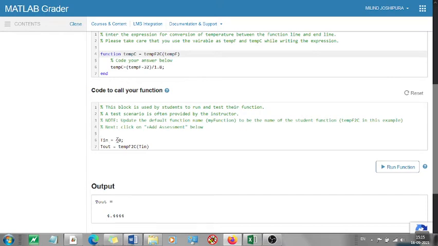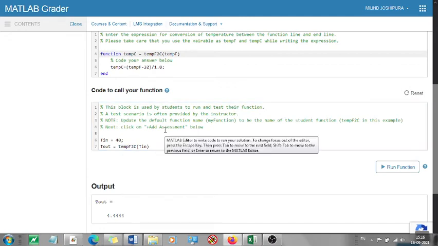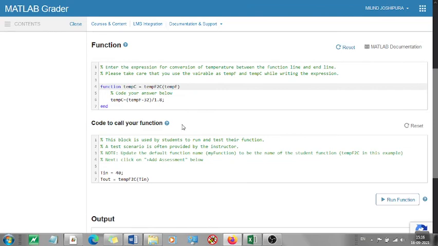Now what happens, T in equal to 40, this is the function name, so when I write this, the function is activated. T in is 40, so this 40 will be assigned to temp F. That will come here, 40 minus 32 upon 1.8 will be assigned to temp C. This comes down to T out. So my T out is 4.44. So when I call my function outside, it's not necessary that I give the same variable name as that in the function itself. So this is how you can run this particular file and make your own function.